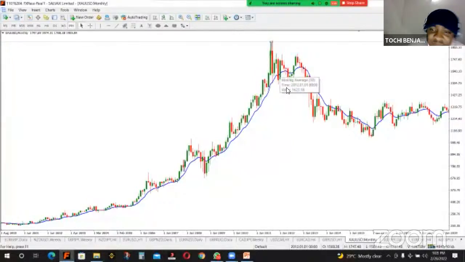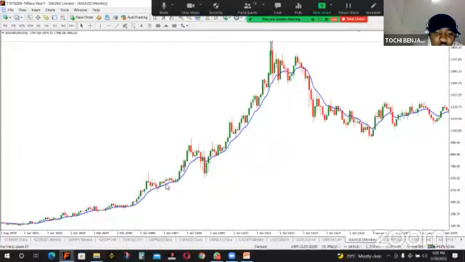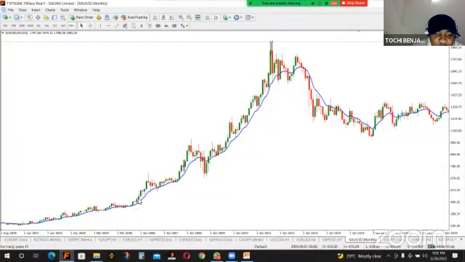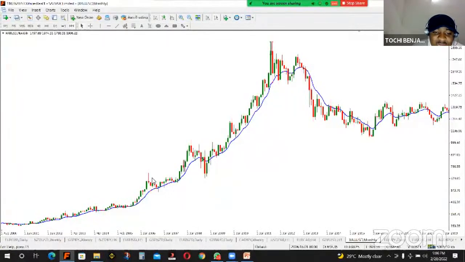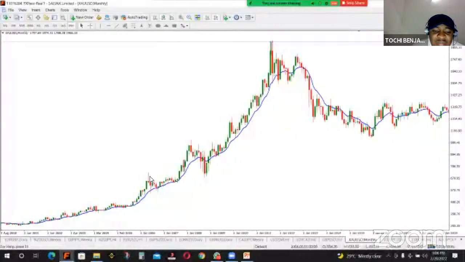Now, look at this point. This market was going up here. It came to this point, it broke below. The rule of trading moving average is once you see your moving average, if price will touch your moving average, it will go up. It will come back as a pullback. Look at this sell. That person that is saying he's selling, you will just sell to the moving average. By the time you sell to the moving average, it gets to the moving average. It did not break below. You continue your buy.